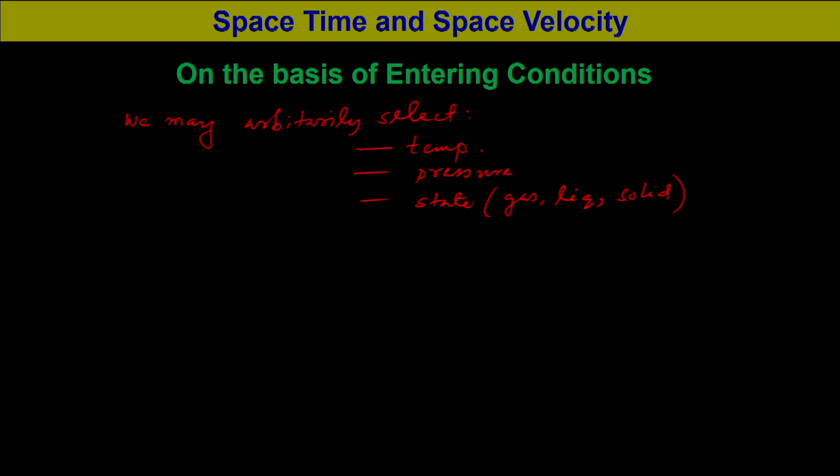So, if the space time or space velocity are on the basis of the entering conditions, that means if t, tau and s are based on entering conditions to the reactor,